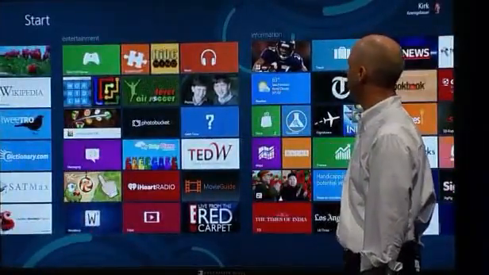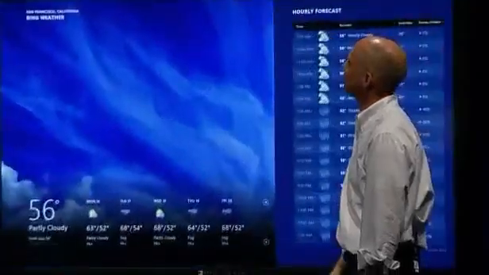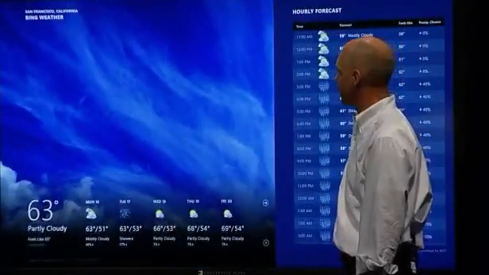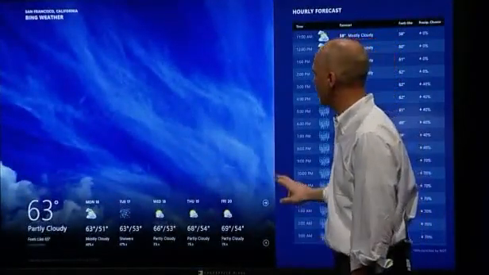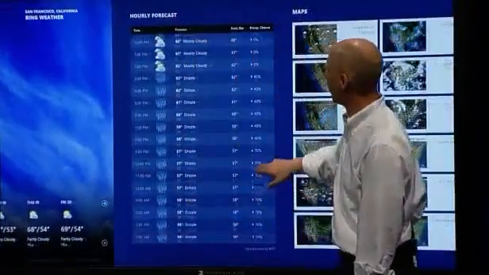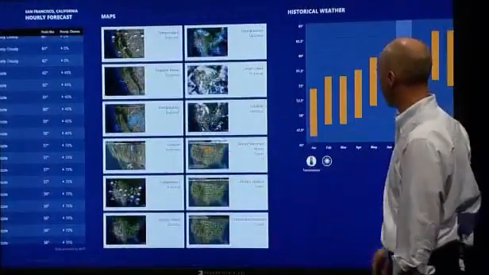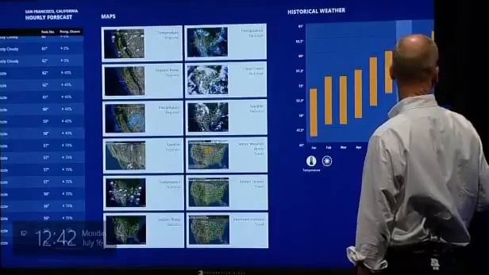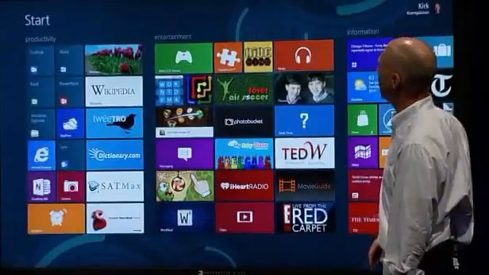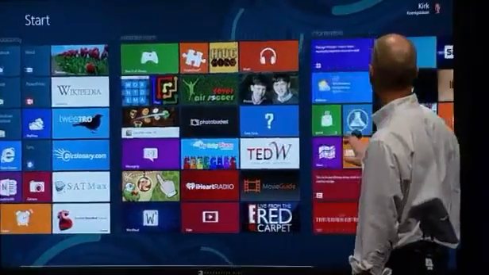I'll pull up the weather application. This is Bing weather for San Francisco. I could do a little Al Roker here. Go to slide across. Let's look at the hourly forecast. Things like maps, temperature, and so forth. We pick a different app quickly. We'll pick the